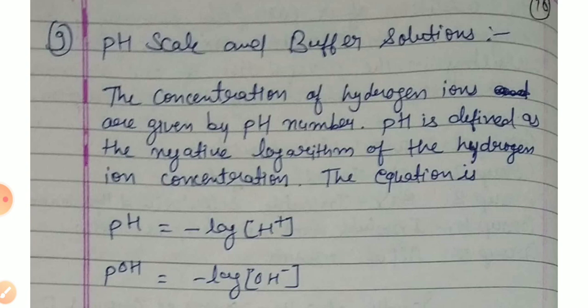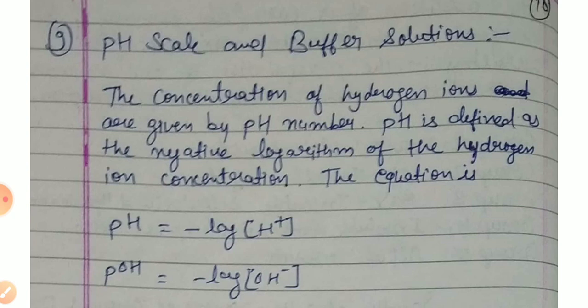Myself, JV Dr. Monica Trivedi, and today's topic is the pH scale and buffer solutions. Okay, so what is the pH scale? After knowing what the pH scale is, we have to learn what pH is. pH is simply a concentration of hydrogen ion. P stands for power of hydrogen number. pH is defined as the negative logarithm of hydrogen ion concentration present in that solution.